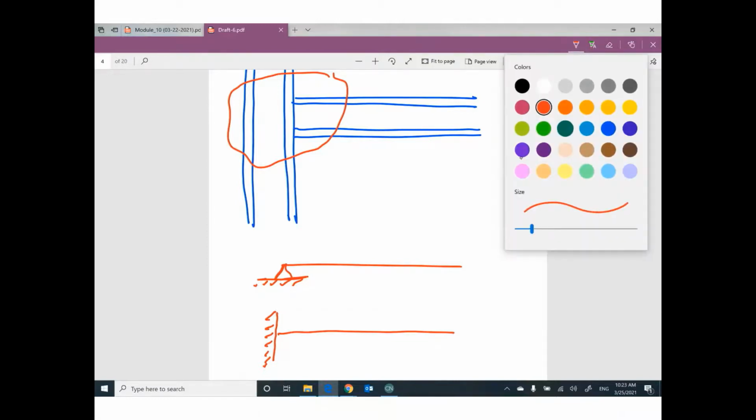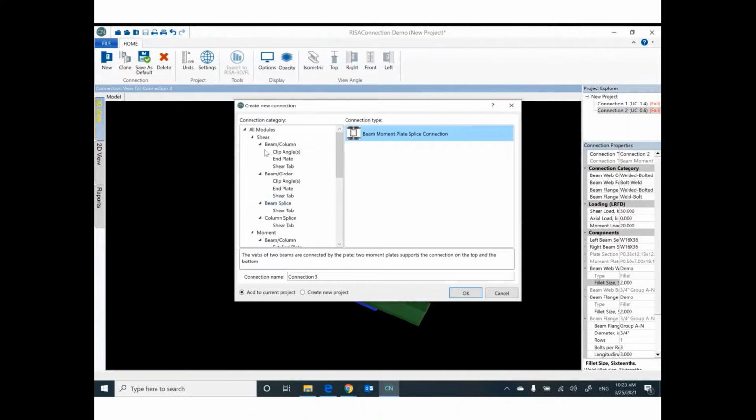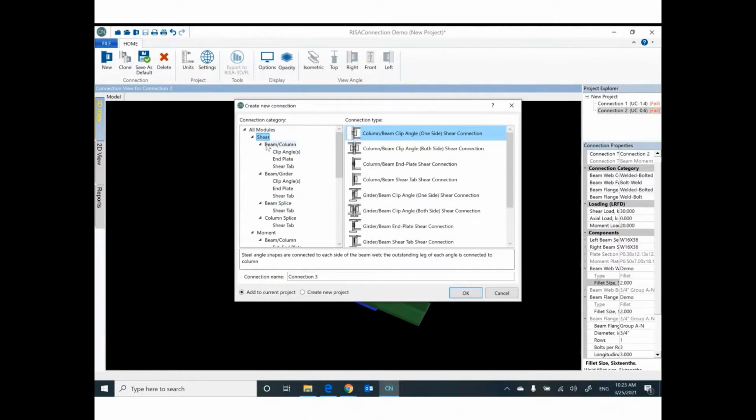If you would like to make it hinge, we have shear only, and the moment equals 0. We don't have moment. If you have fixed, we have shear and we have moment. So before starting to construct or to design this connection, you need to decide based on your structure analysis. So if you go back to the software, new project or new connection, if you go back to shear, beam, column,